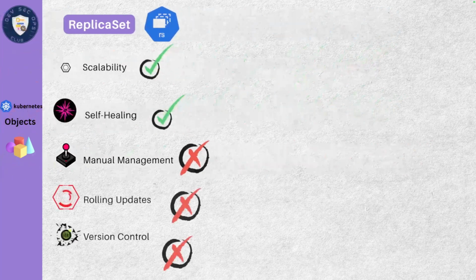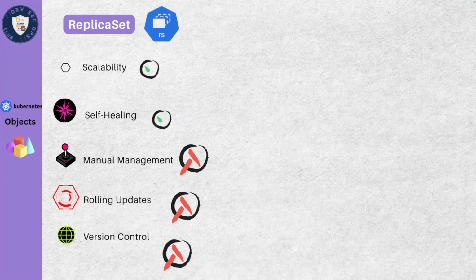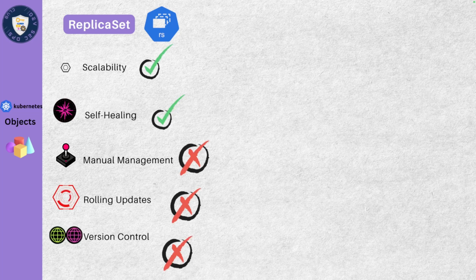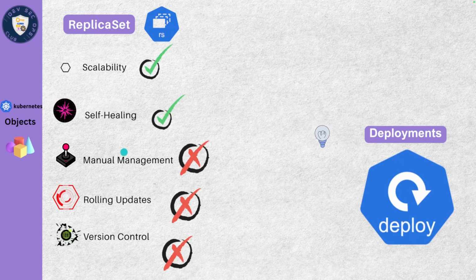Okay, so replica set does not have rolling updates. Rolling updates is our next thing that we will cover, and version control. So there are two things which are not possible with the replica set. Of course, manual management is also not needed, because replica set automatically performs that, so we don't want it. So the solution is the deployment. Rolling updates and version control, two